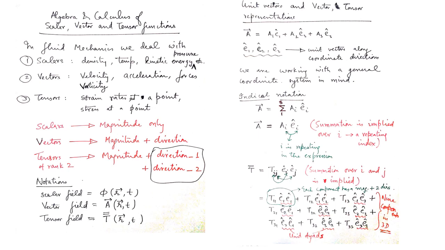So the vector itself, we can express any vector in a given coordinate system using the three components of the vector along the coordinate directions. So you write it as a1 e1 plus a2 e2 cap plus a3 e3 cap. Pardon this mistake, the second term is a2 e2 cap and not e3 cap. Okay, so a1 e1 plus a2 e2 cap plus a3 e3 cap.